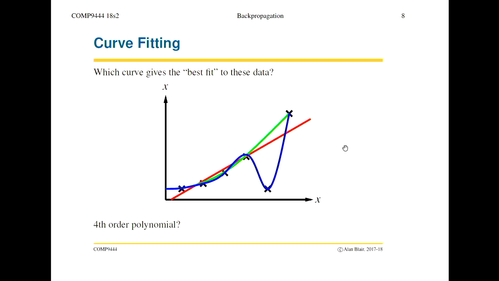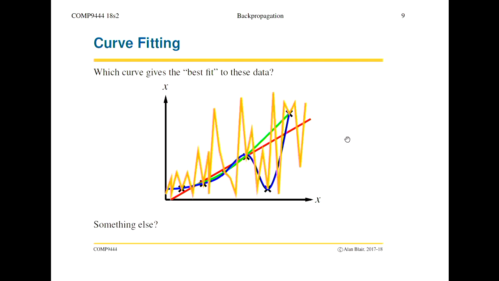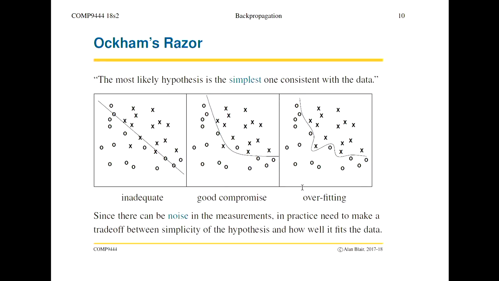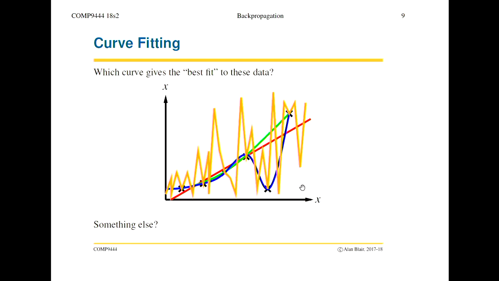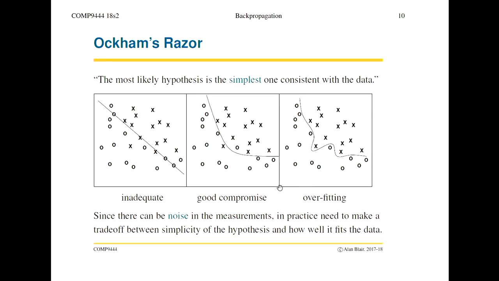Now, was there anyone who wanted the fourth order polynomial? No one. Yes. Why? It fits all the points, yeah? And I did see someone going for this. Maximum entropy. Okay, you like entropy. So we kind of have an intuitive feel that this crazy curve is not going to give very good predictions, but it does go through all the points. Okay, so this illustrates a principle known as Occam's razor.